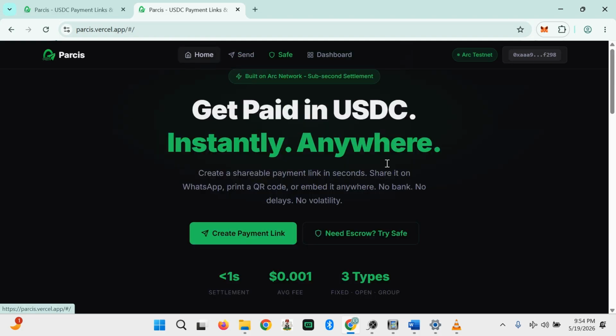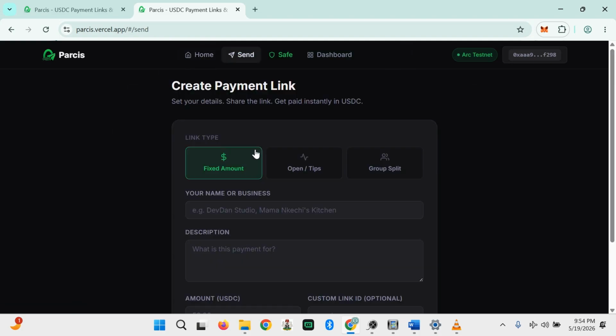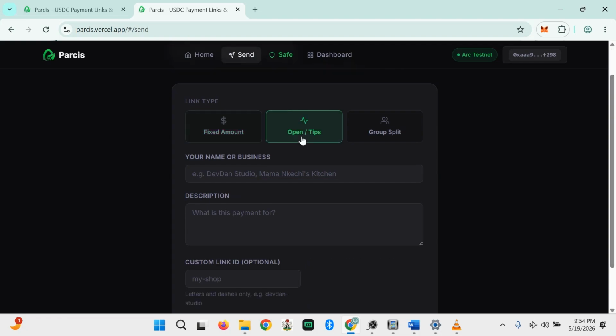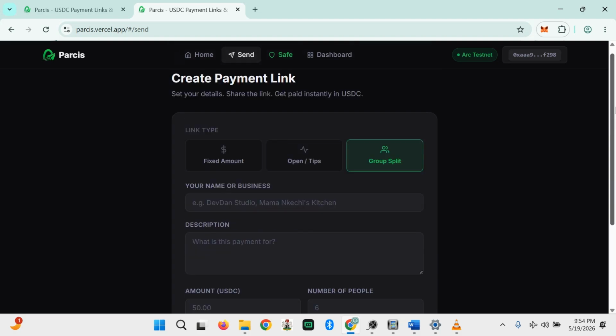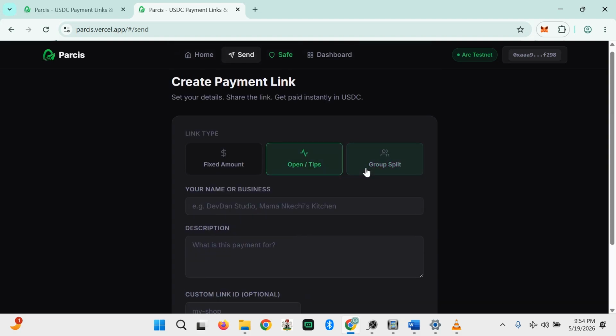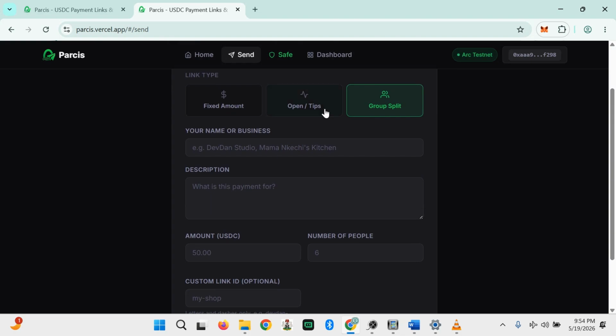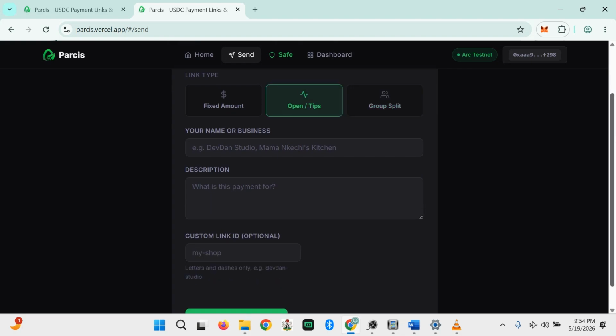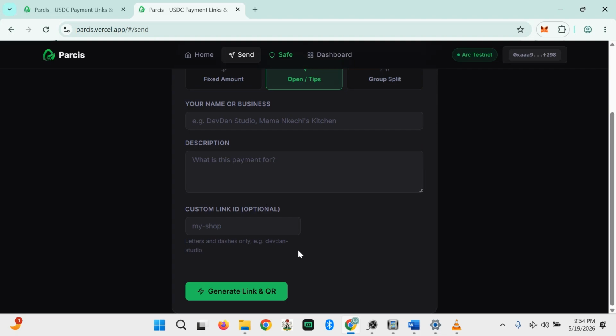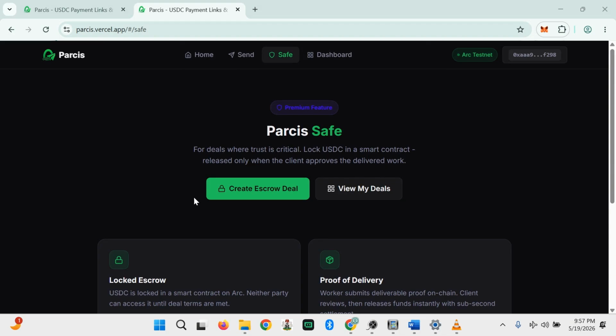So after we have created a link, right? I said earlier we have three types of link. I don't want this video to be long, so let's keep this to two, because the only difference between them is open tips, where you let the payer decide how much he wants to send. As I was saying, this is one of the good features on Parcis.